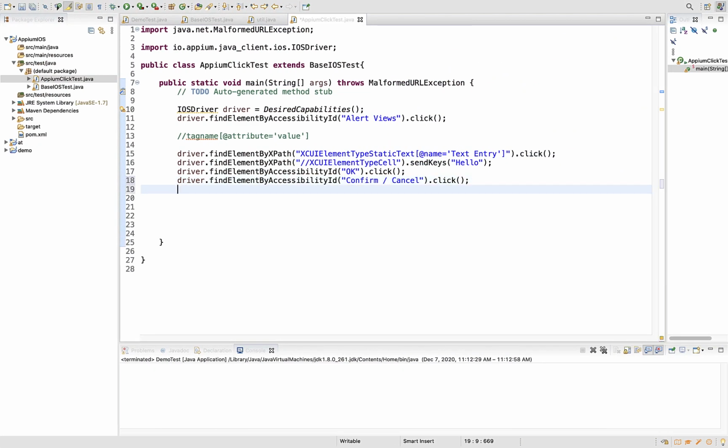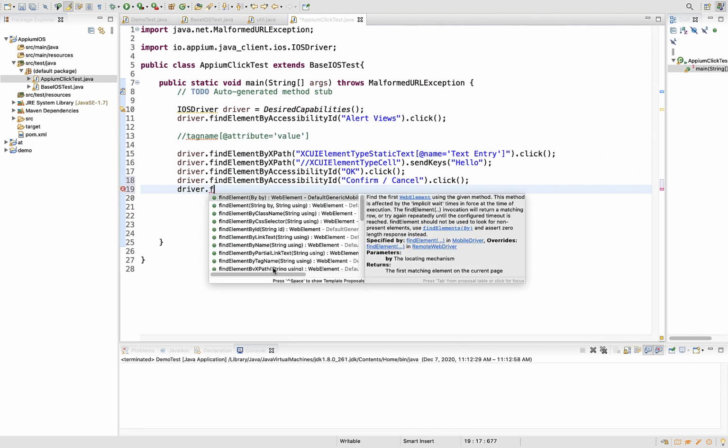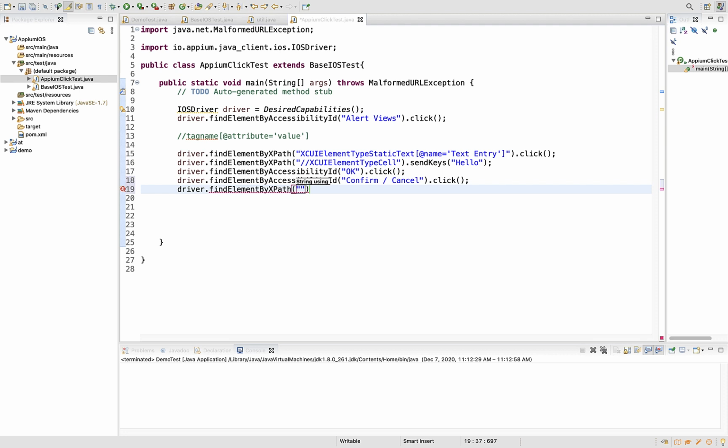So driver dot find element with an XPath. So // tag name, if you want to take any, then you can give a regular expression star contains @name. What is this?